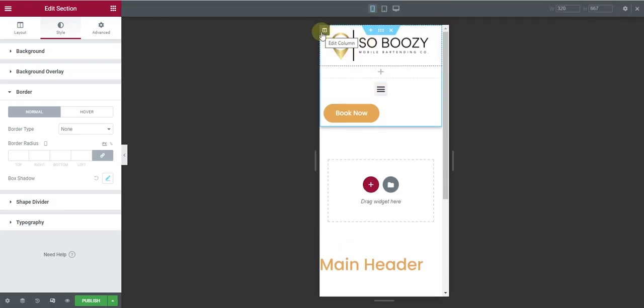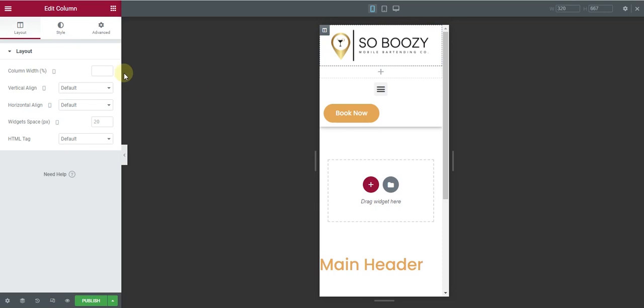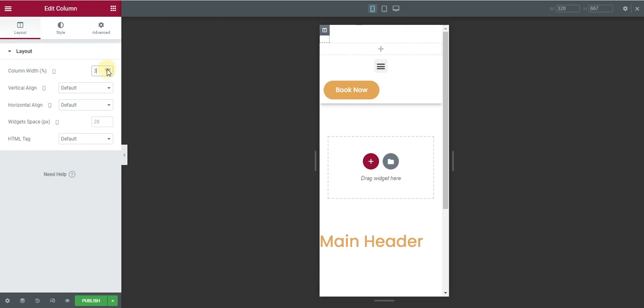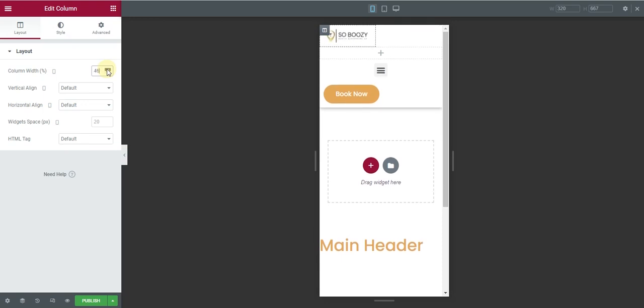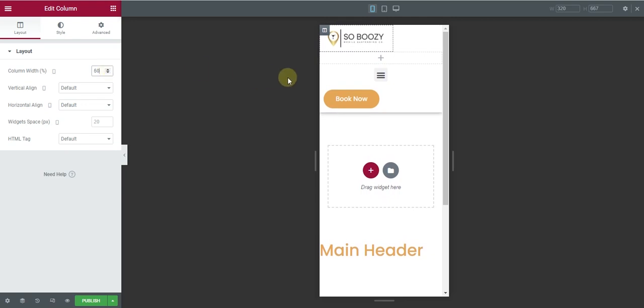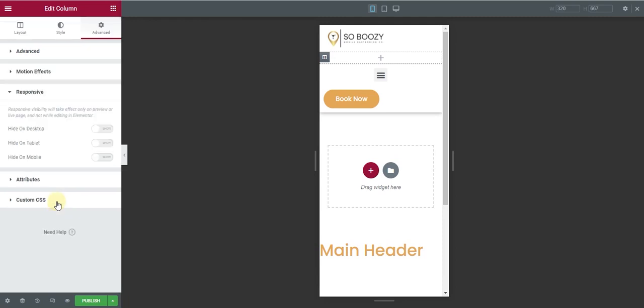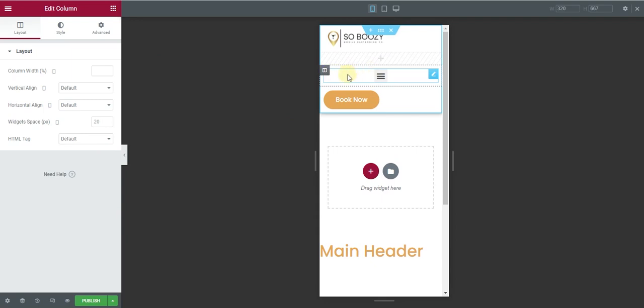So first thing, we will adjust the mobile version of the header. In this case, you need to click on this edit section icon. When you click on this, you will only have to play around with this column width setting. You don't need to change any other thing in here. All of those sections that are blank, I want to hide them on my mobile screen. And this is the section for my nav, so I'll be increasing the width,